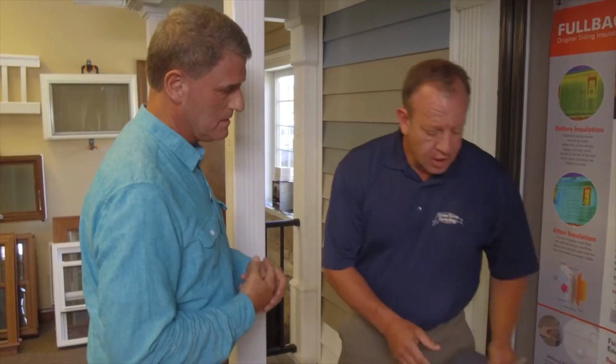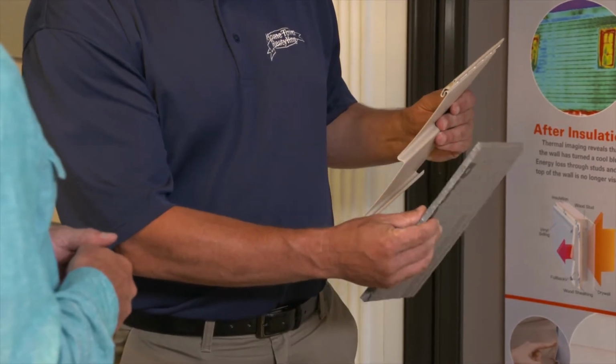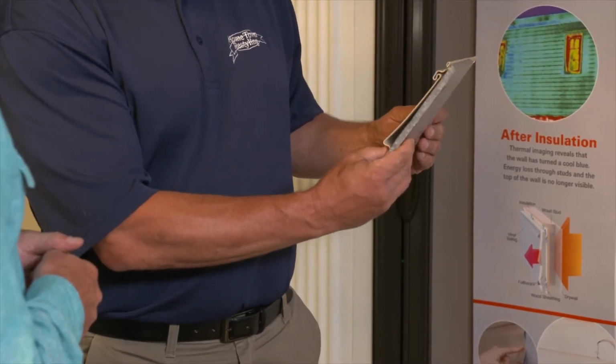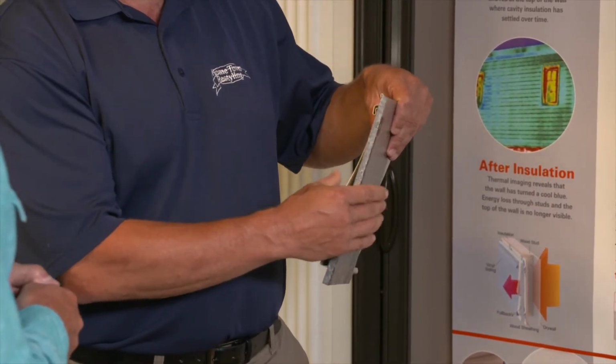Depending on the product, there are some that go up separate. On the less expensive sidings, to try and keep the cost down and help flatten out the wall, we'll put up a thinner insulation, depending on what the old siding is. You still have the gaps in between, but at least you're adding some insulation to help reduce that